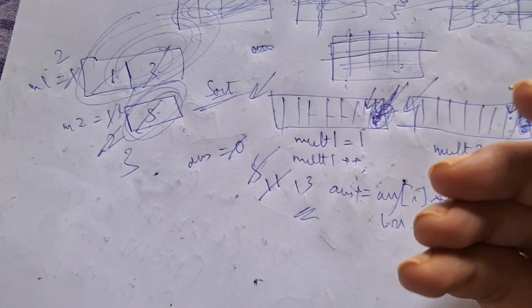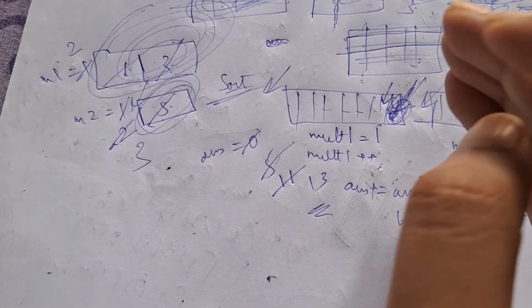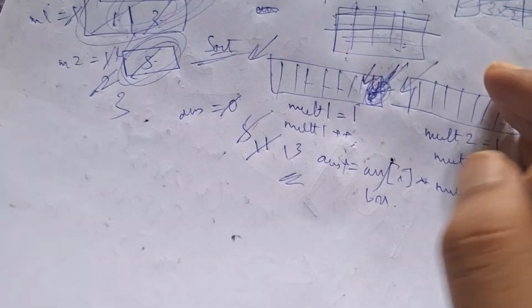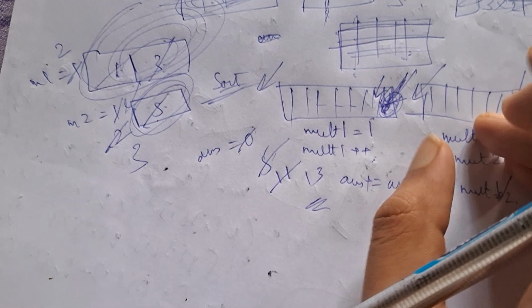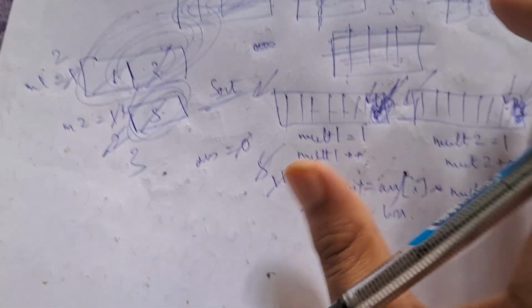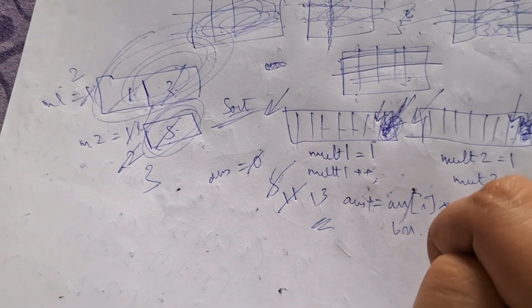So what is the basic approach? The basic approach would be to decrease the number as small as possible, so that the multiplication factor does not affect the total value of the answer as much. I think this is a little bit of complex mathematics, but if you get it,